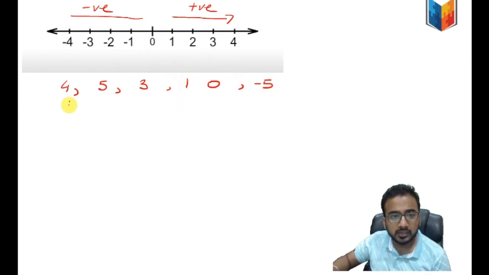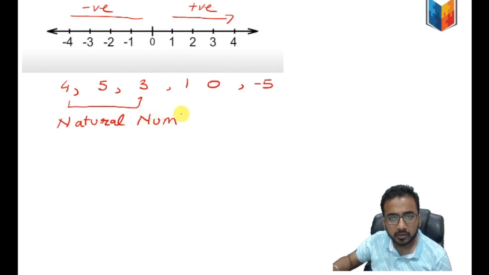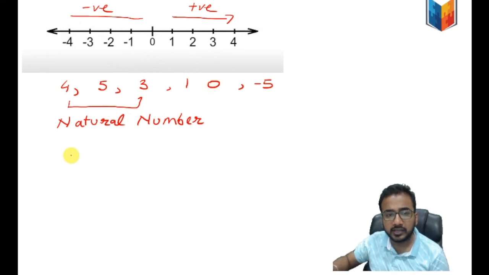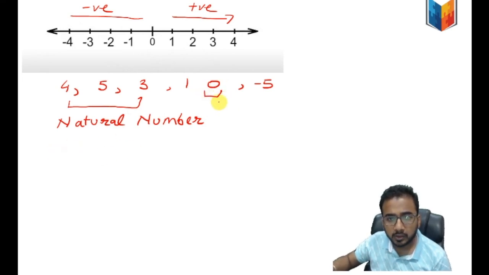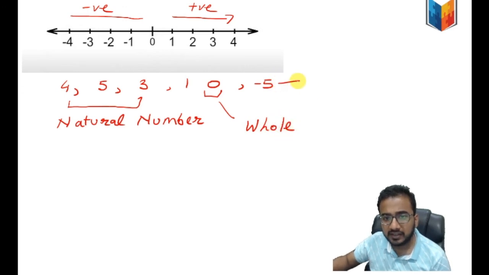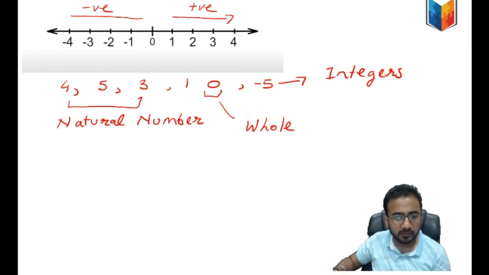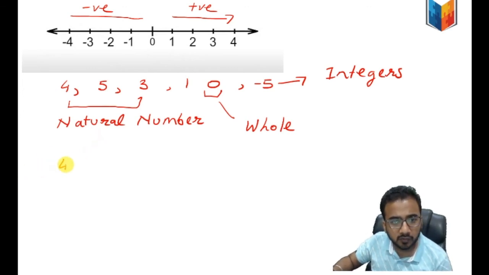So we all know that these are either natural numbers, or if we count 0, then it is a whole number, because 0 is your whole number, and -5 is an integer because it's negative. But now if I ask you all, what about suppose 4 by 5,